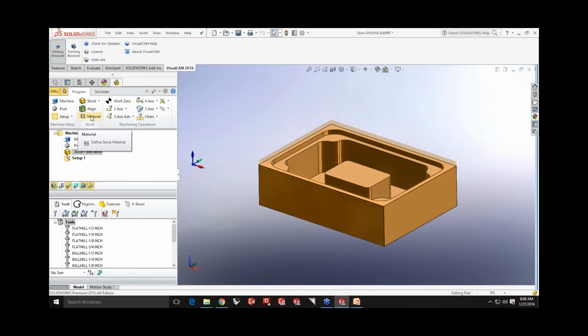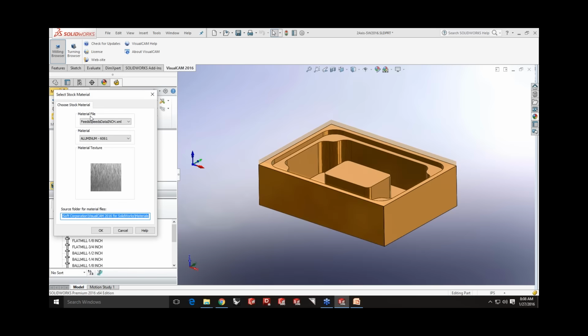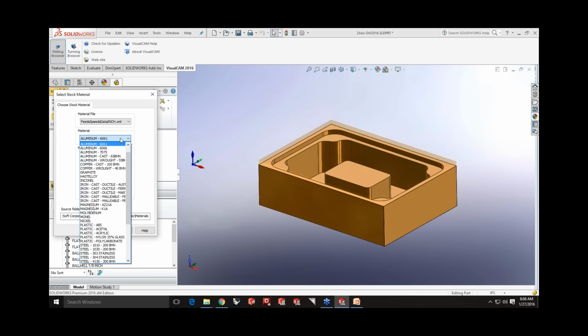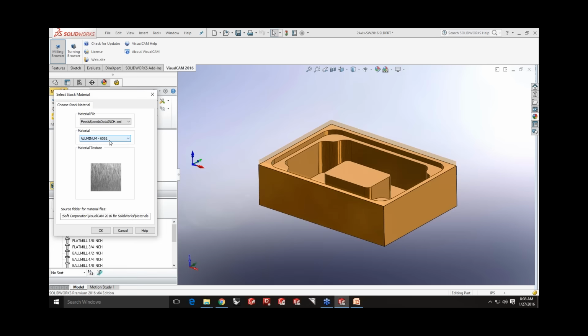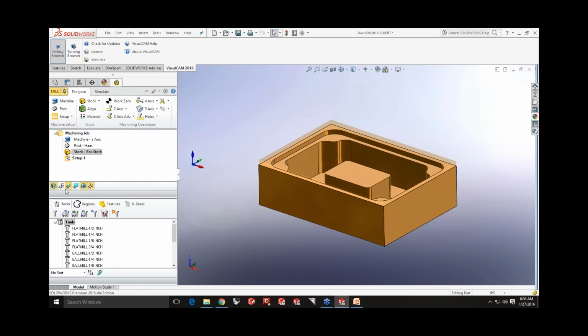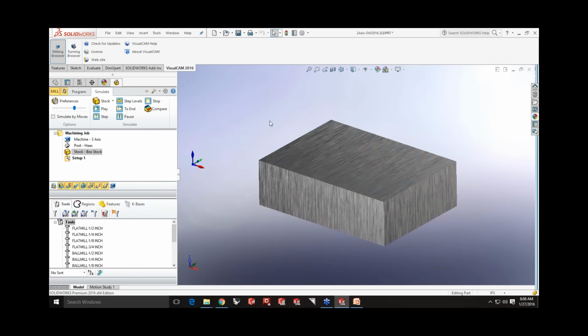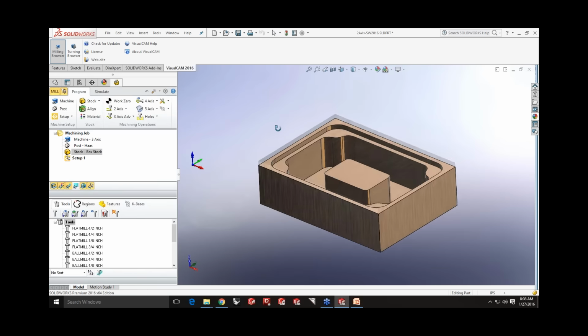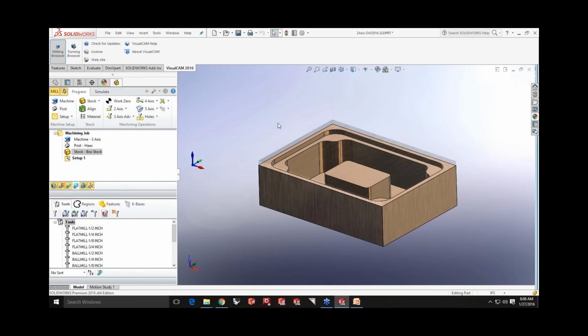In the next step, you could select the material you're going to be using to program this part. You can select it from the list of material types, and I'm going to use aluminum 6061 as the material, and then pick OK. And you can toggle the display of the material texture, and you'll notice that the texture of the material applies onto your stock block. So when you switch over to the Simulate tab, you'll notice that the stock transparency is set to opaque, and in the Program tab, it's more transparent, so you can view the part and the stock. And these transparencies can be set under